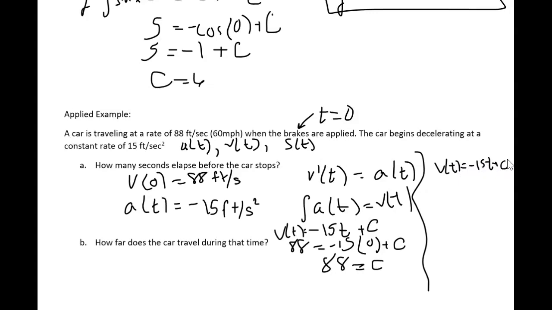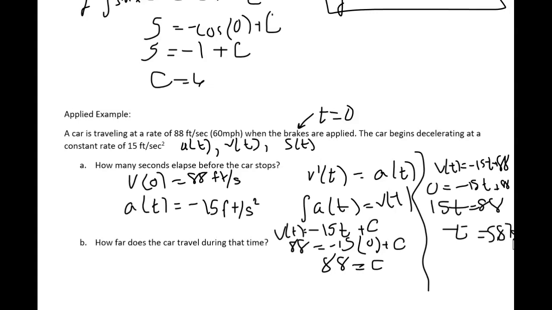So this first question says, how many seconds before the car stops? Well, the car stops when its velocity is 0, and that implies it's no longer moving. Oops, I think I wrote 0, even though I said 88. So we're going to take this velocity equation, and we're going to set it equal to 0 to find the moment that the car stops. Negative 15t plus 88 equals 0, so 15t equals 88, and then t is 88 divided by 15, so we got about 5.87 seconds